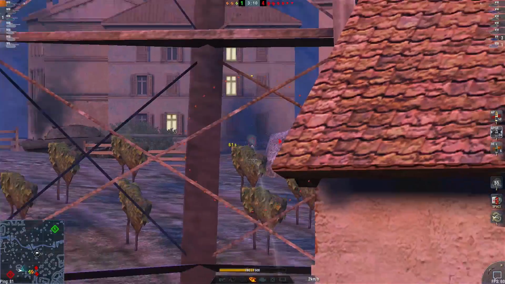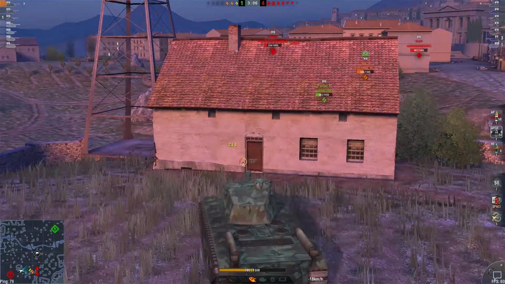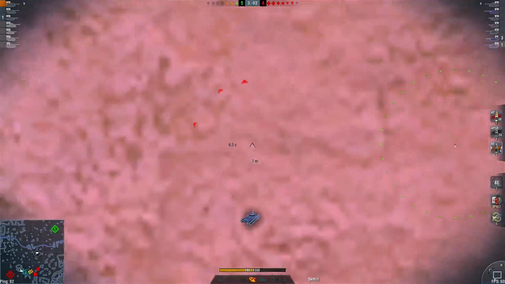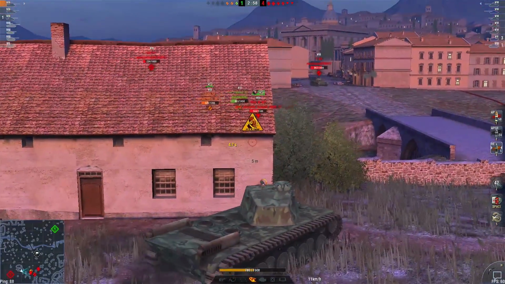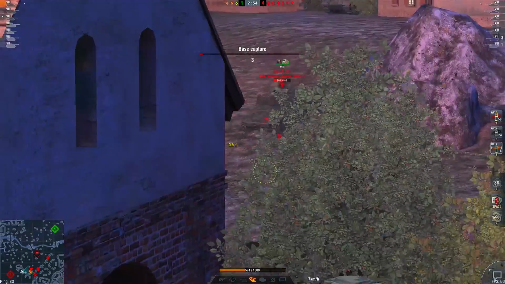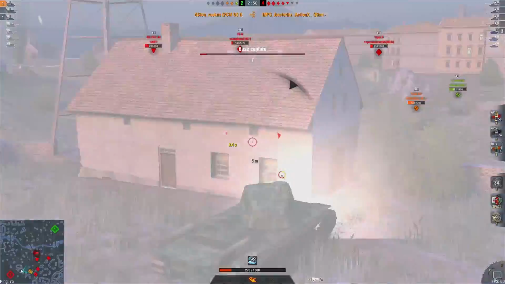IS-6 pulling back into cover. Blind shot, which explodes in mid-air. I think that might have hit his gun. And about now, the Borsig decides to make a hero run, trying to break the deadlock. Borsig's got to go. I'm going to take some damage here, but he needs to be removed from the game. So I swap to HE, and I get 2 shots on the Borsig, removing him,